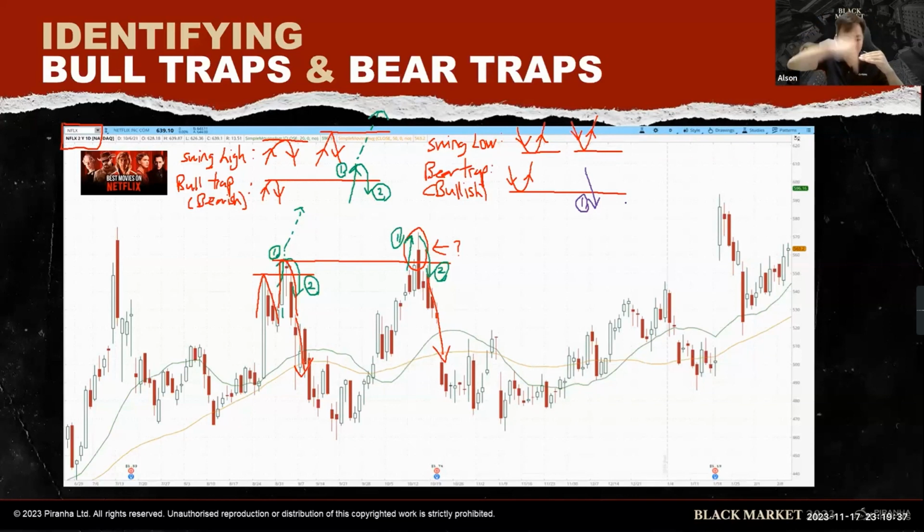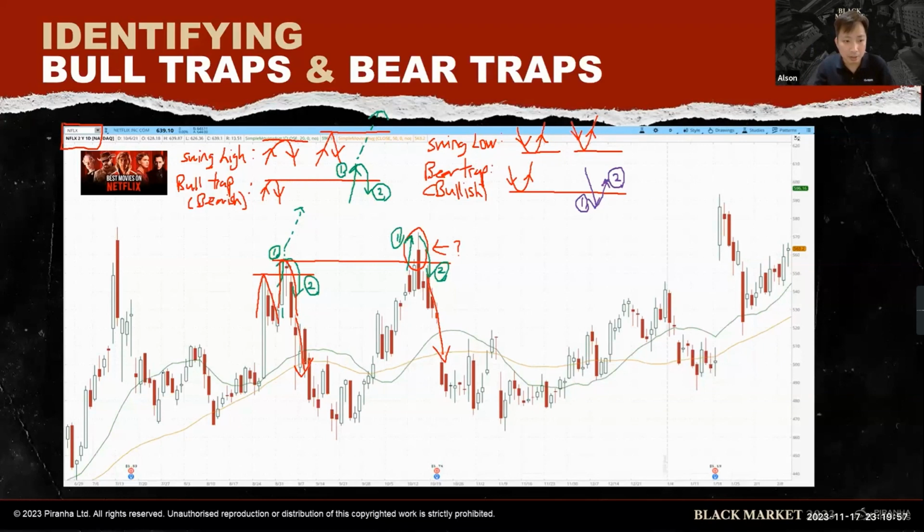Imagine those who panic sold at the bottom, right? Now the market maker has reversed back up, right? And this is sometimes a sign where the market maker used it to take out stop losses below the swing low as well, right? Okay, this is a bear trap pattern. A bear trap pattern is bullish.